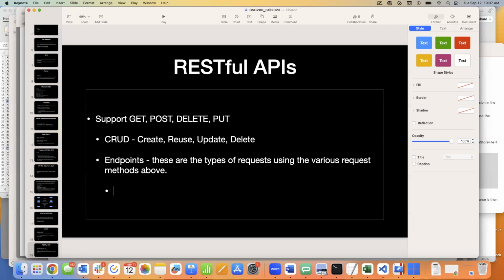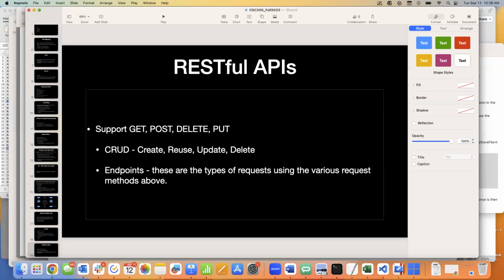So if we think about all the different things we might request from a data source, there would be an endpoint for each of those things under the GET method. And then all the things we might want to update in a data source, there would be a bunch of endpoints under the put function. Anything we want to add to a data source, there'd be a bunch of endpoints under the posts. Any things that we want to delete, there'd be a bunch of endpoints under the delete, that kind of stuff. Make some sense? All right, so when we talk about RESTful APIs, we have the HTTP methods, and then we have endpoints that fit into one of those 4 categories.